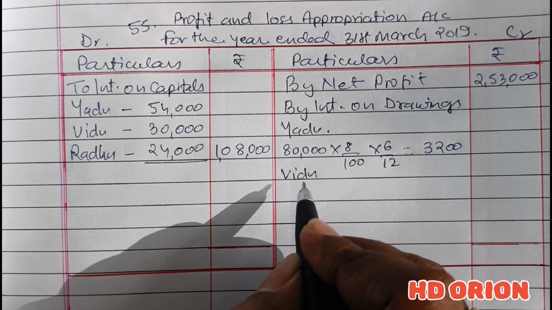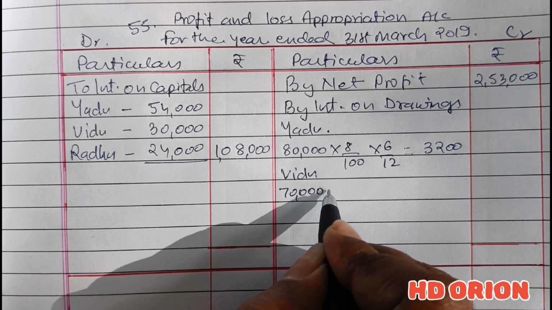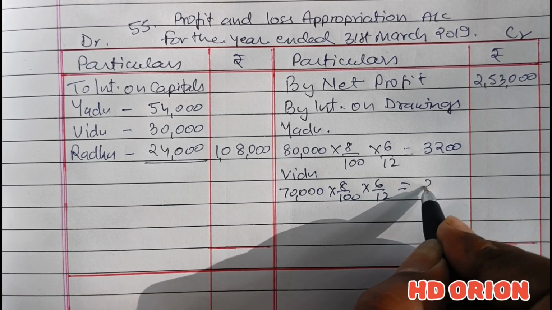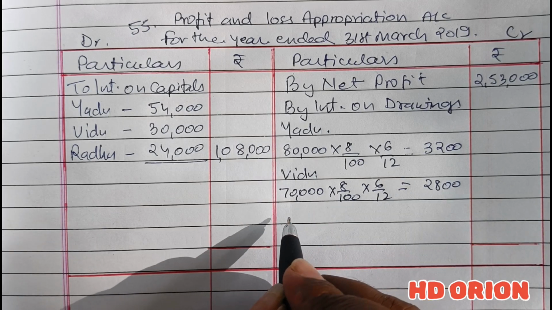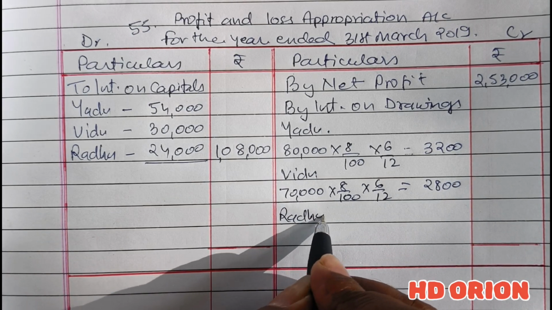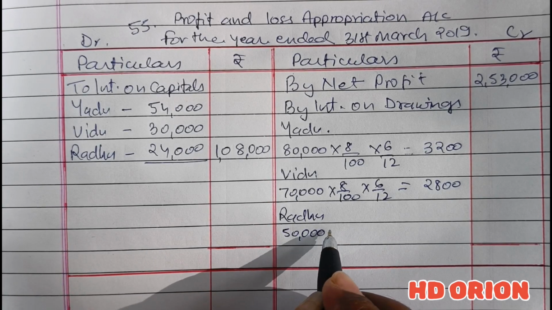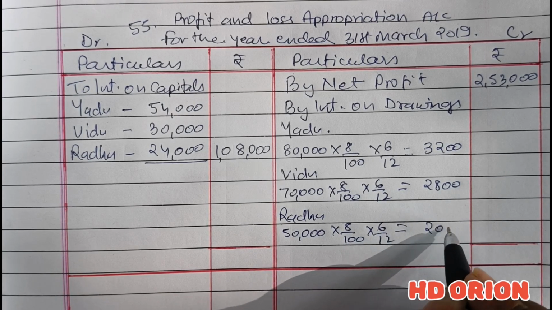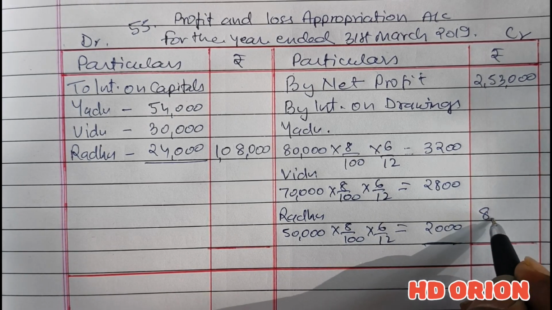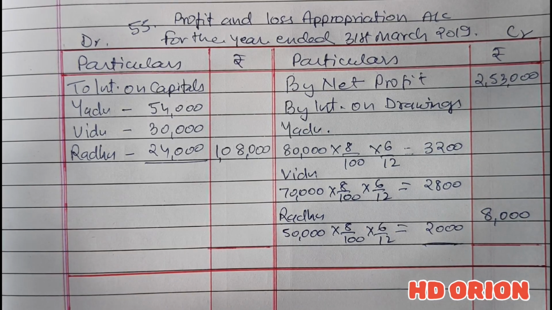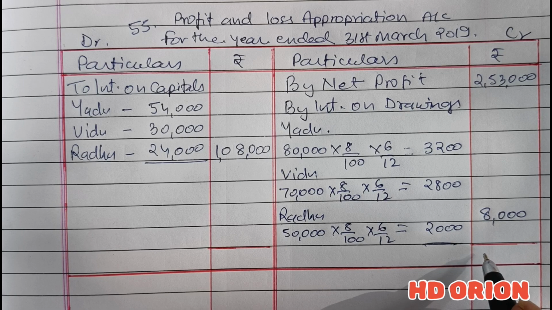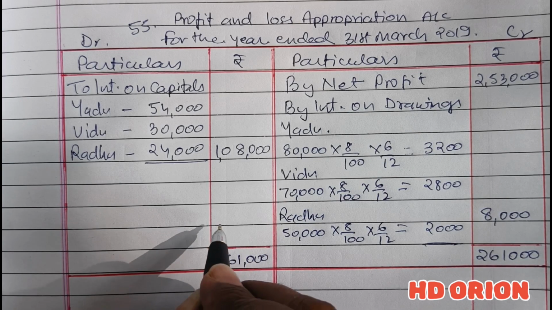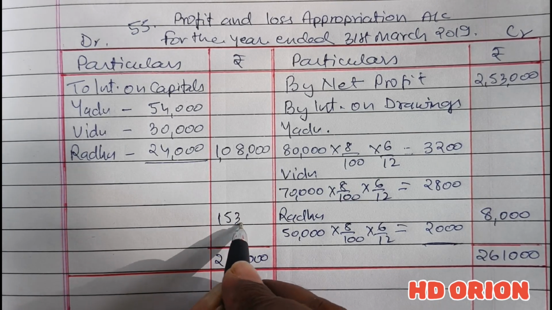and Vidu's drawings are rupees 70,000 at the rate of 8% for 6 months. At an average it is 2,800, and the last partner is Radhu. Radhu's drawing is 50,000 at the rate of 8% for 6 months. Amount is 2,000. So in this way we get rupees 8,000 as interest on drawings. Now when we add this, we get 2,61,000 on the credit side, and this will give us a credit balance of rupees 1,53,000,